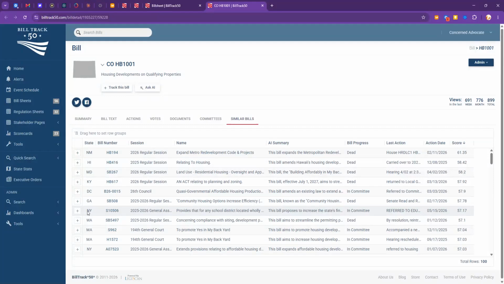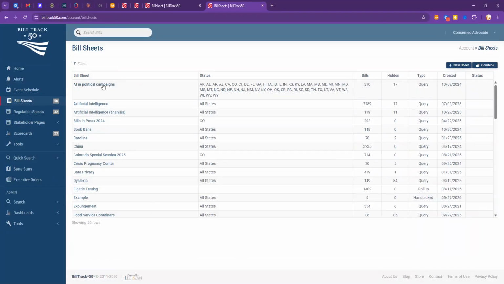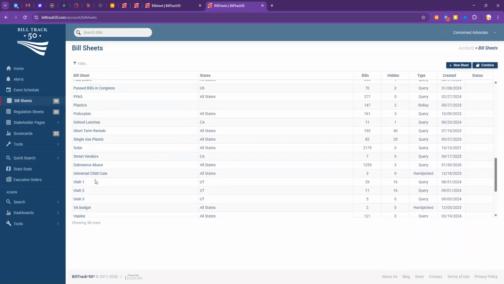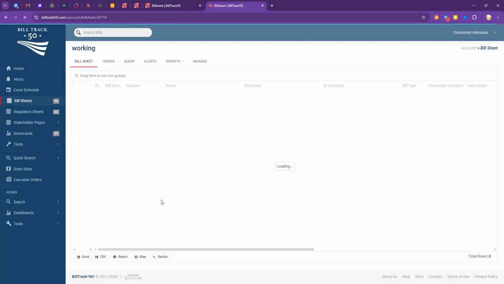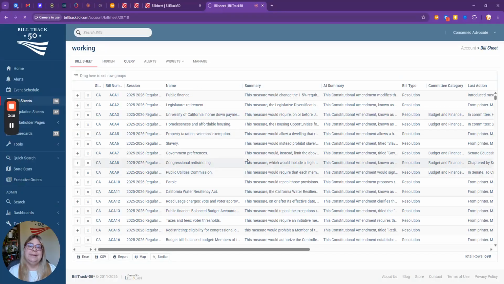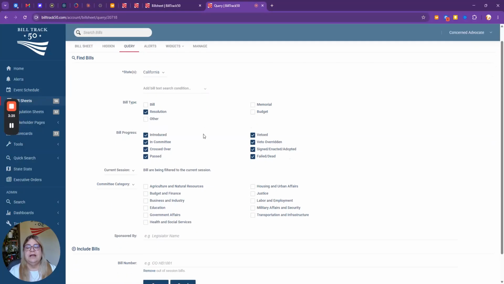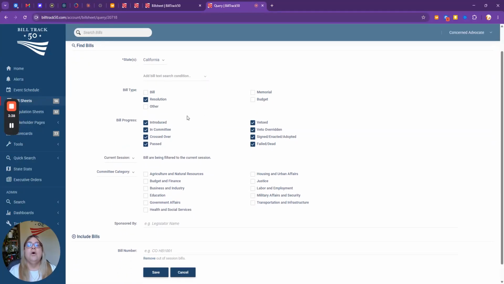Okay, so the other big change is how the query sheets work. So now I'm going to go to my working one where I always keep myself a bill sheet called working, where I can do whatever random things I need to do. So on the query tab, it used to be that you had to have a search term for it to give you back anything. And so we had recommended you use the state code as your search term. You no longer have to do that. So for example, this one is giving me all resolutions in California from the current session. Or I could say show all budget bills from